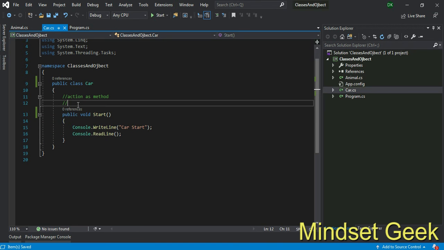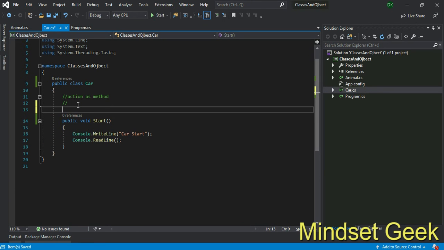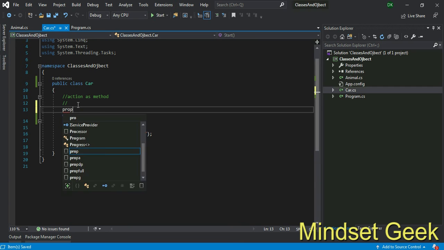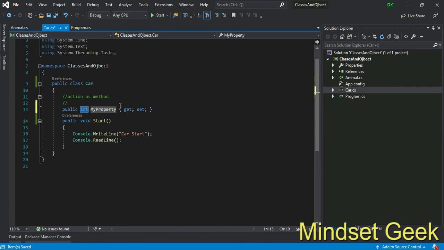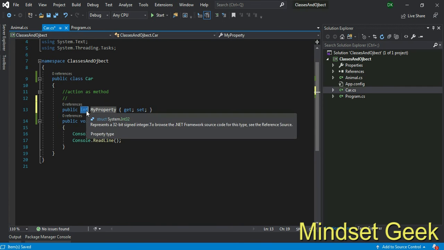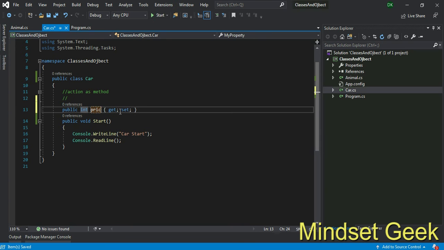In this car class, properties we can get. We can keep price, right? Price, this is the standard way.